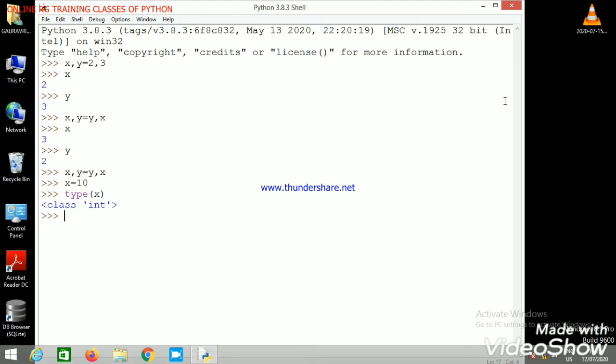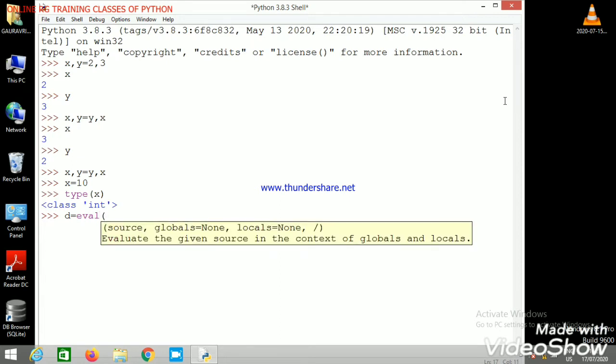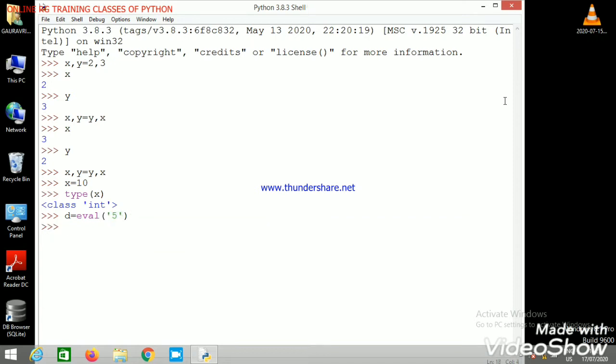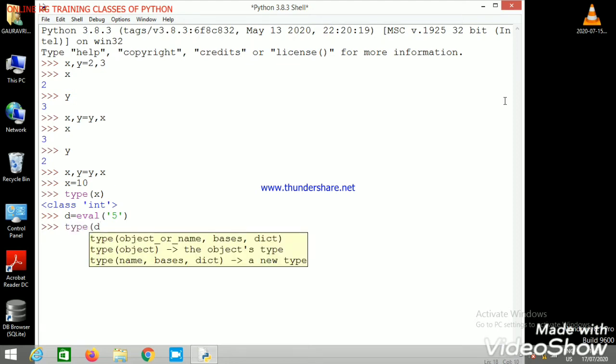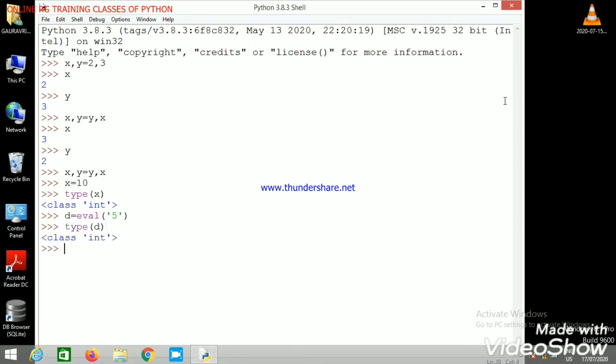But if I say d equal to eval 5 and then check the type of d, the type of d is int.